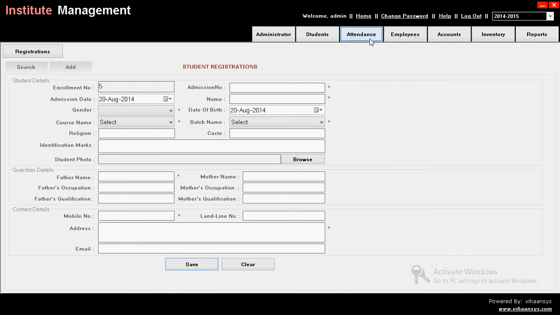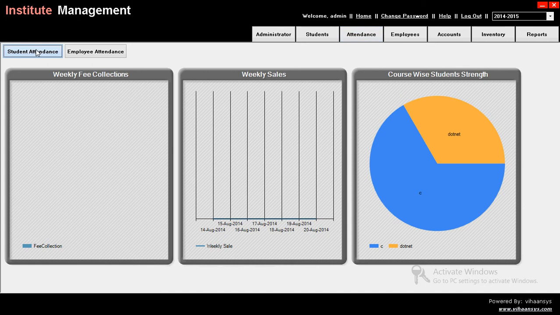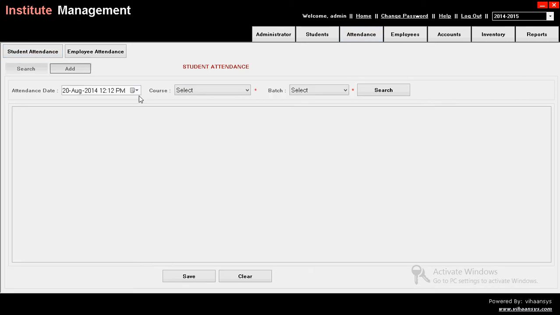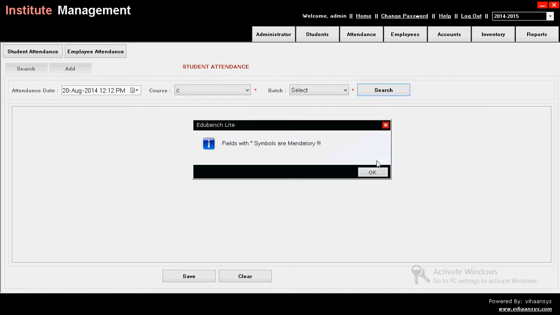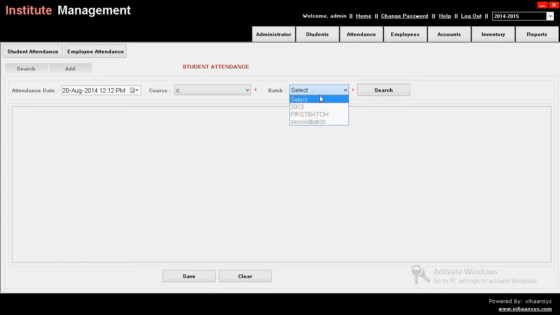Then coming to attendance, if you want to mark a student's attendance, you just double click on this and add student attendance. Course name: if you choose Oracle, first batch, search, how many students were there. There are no students for Oracle. Then coming to C, just search the batch, which batch it is.